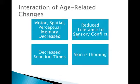Consider the interaction of age-related changes. Some things to consider is the motor, spatial, and perceptual memory will be decreased, which will make it difficult to try and retrain different areas of the body to relearn tasks. Also, short-term memory may have to be compensated for with strategies rather than increased. Also, reduced tolerance to sensory conflict